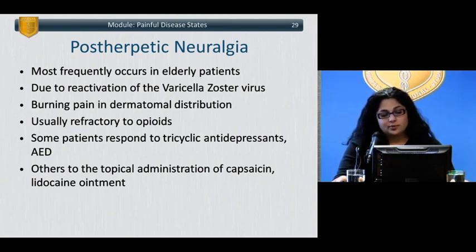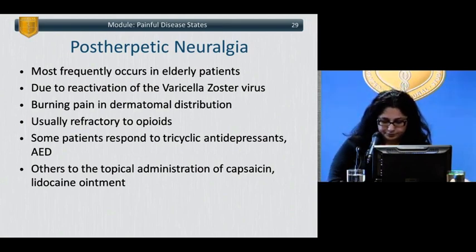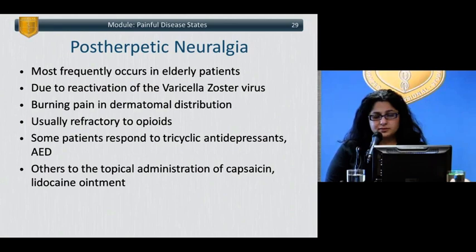As with most of our neuropathic pain states, it's very much refractory to opioids. Treatment recommendations include using our anti-epileptic drugs and our antidepressants, as well as some topical agents. There is some literature out there that shows preemptive measures, meaning vaccination, may also help reduce the incidence of developing